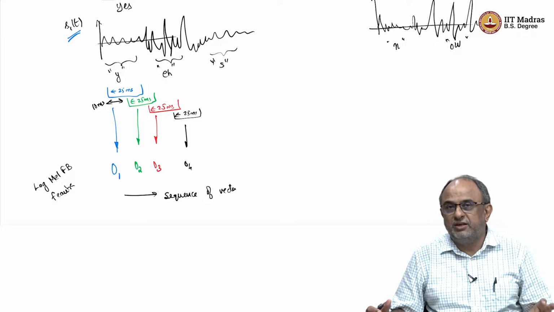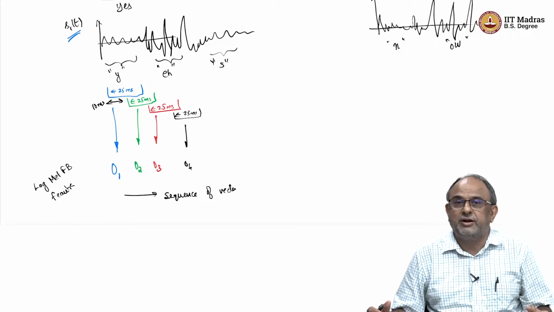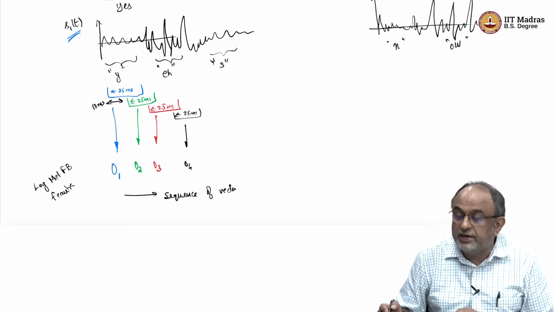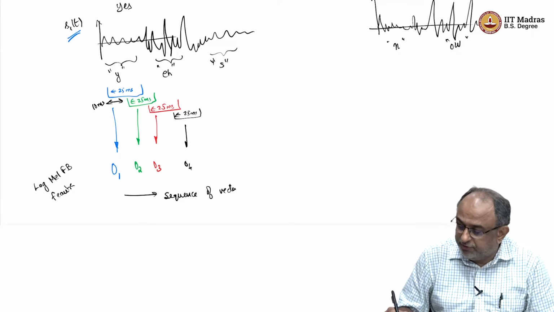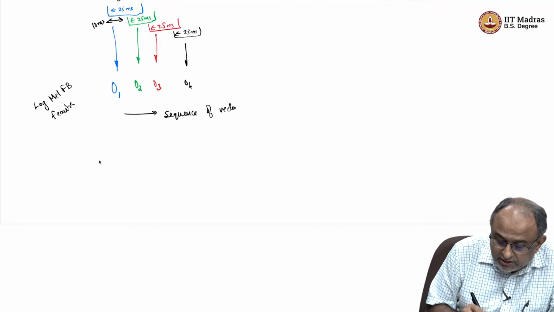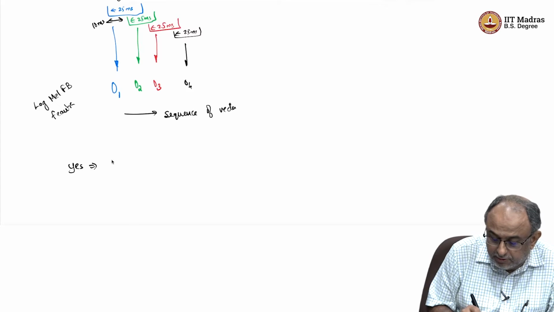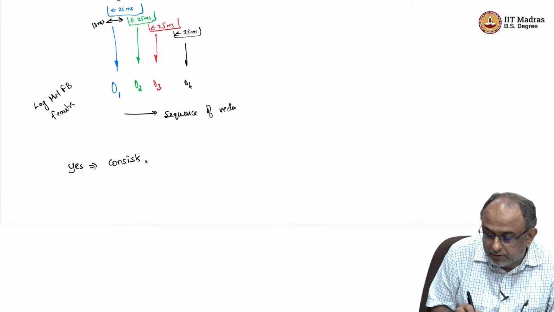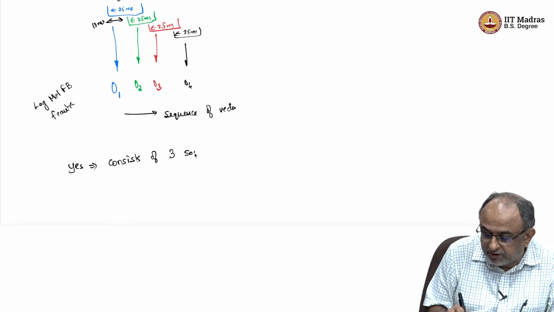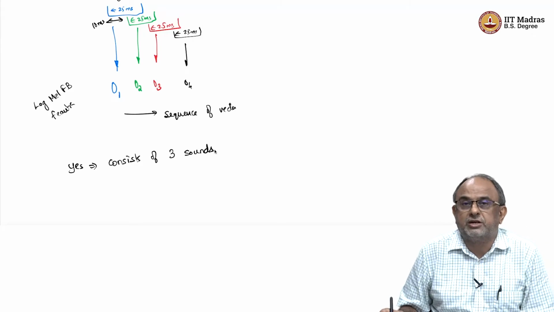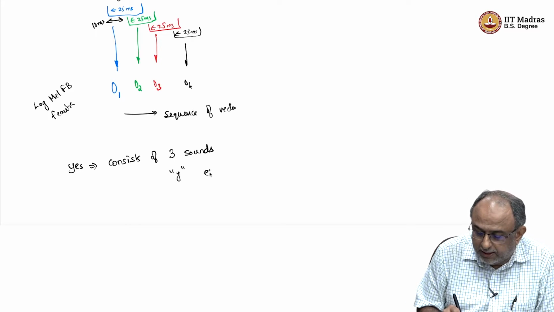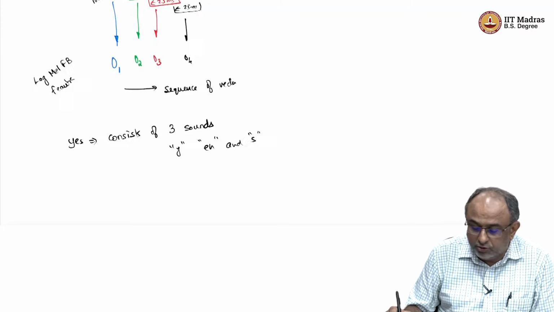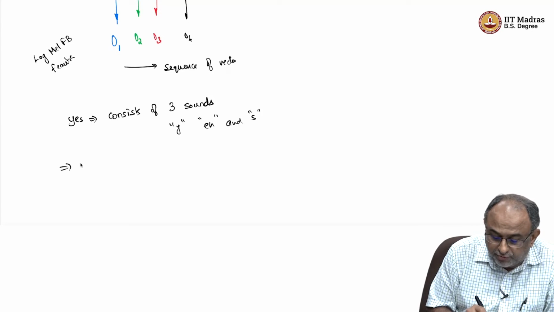Instead of taking yes as one word, if I had knowledge of where the boundaries of the phonemes are, we know yes consists of three sounds, which are ear, a and s. If we know the boundaries for each waveform,